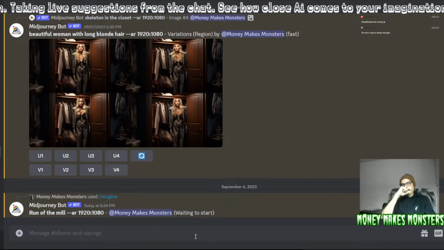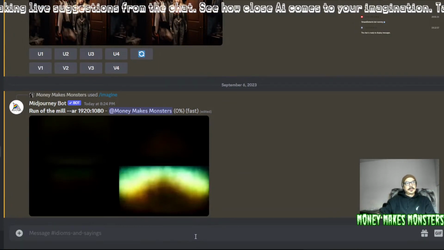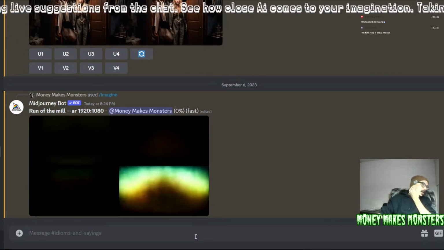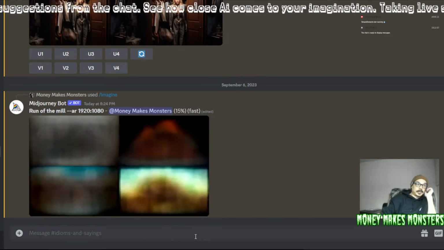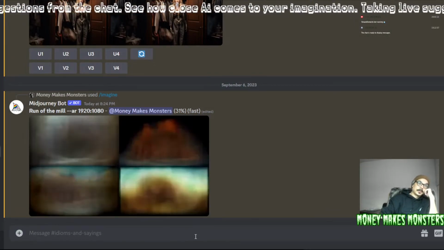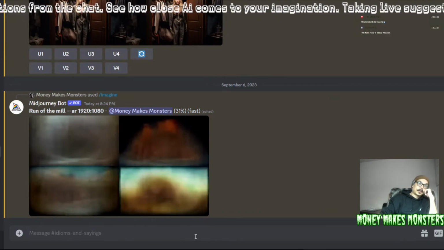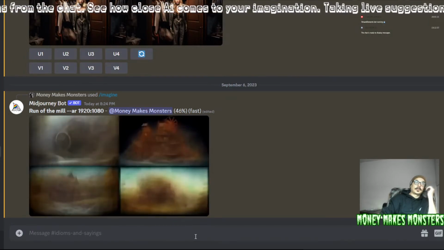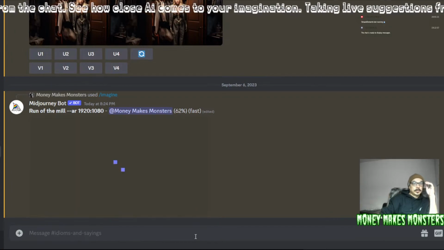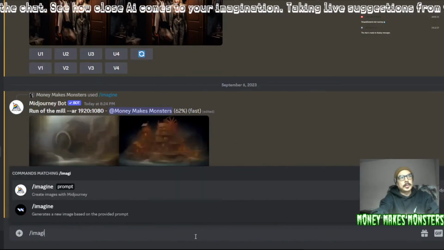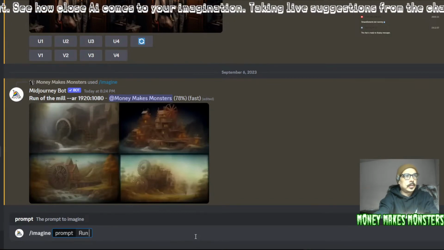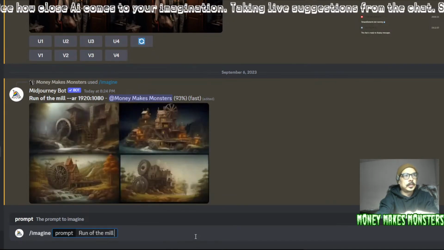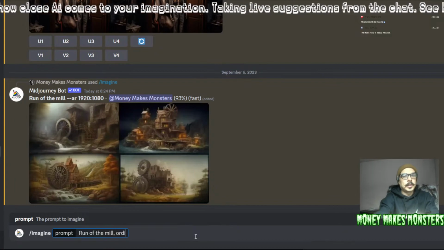Like that run of the mill car. It's just like it's the same as everyone else. So let's try the same thing. Run of the mill, ordinary,